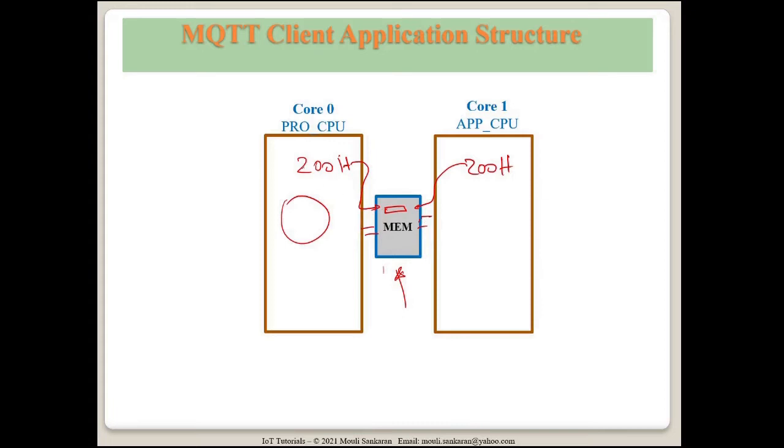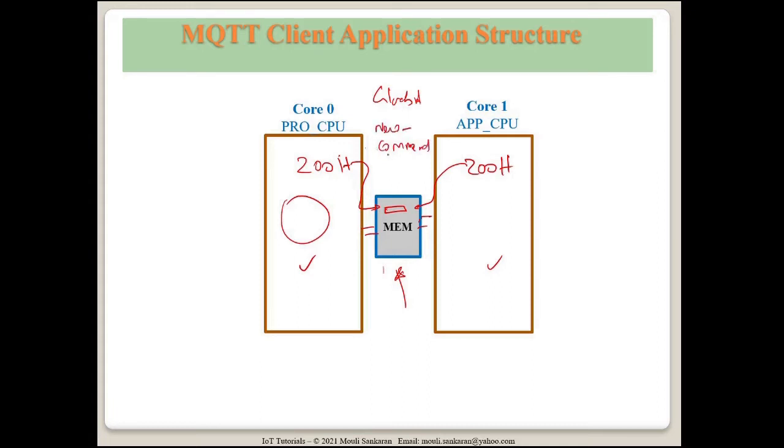Okay, so it doesn't matter whether your program is running on this core or this core. Based on whatever address it generates, it will be pointing to the same location in memory. Now, how is that going to impact your code running on these cores? Suppose a global variable you have declared, which I have called new command.